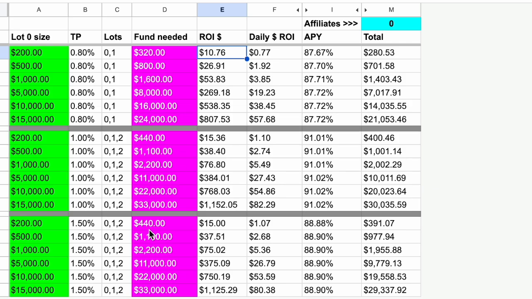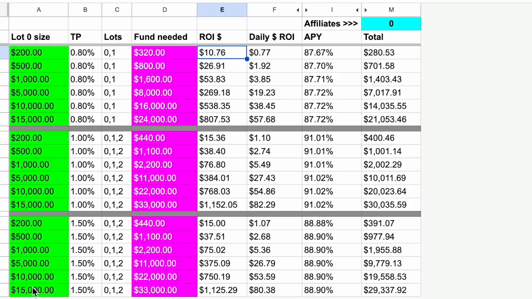So that means it needed an allocated fund of $440 to do those $200 trades to start with, because the second trade is not 100% of the $200, it's only 60%. And the same again for the third trade, it's only 60%. Given ROI for the 14 days of $15, that's an average of $1 a day, giving an income after your principal's back of